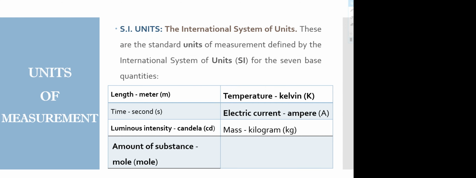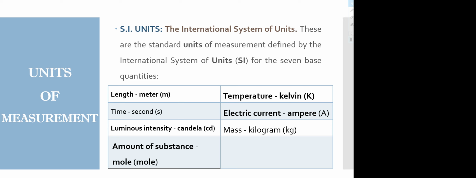With all these different units being used, at one point they tried to unite everything together. With that we have the International System of Units, called the SI units, where you have the base set of units. For length you have to use meters in SI.